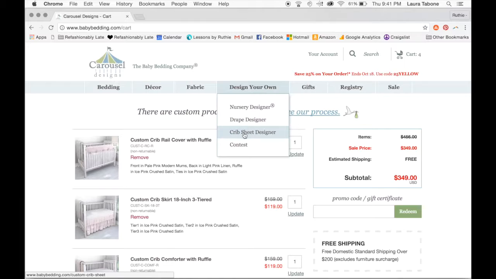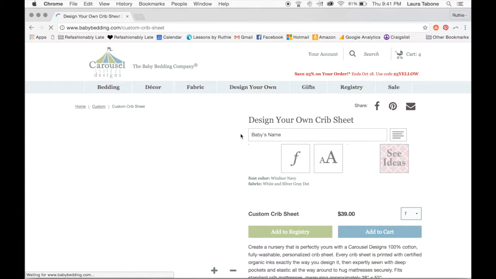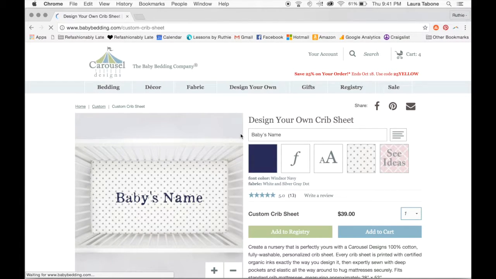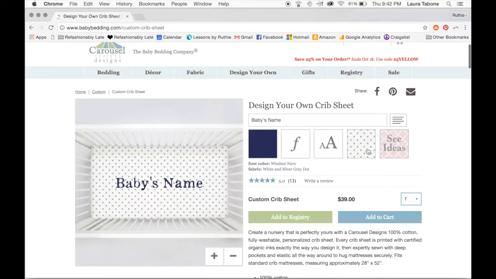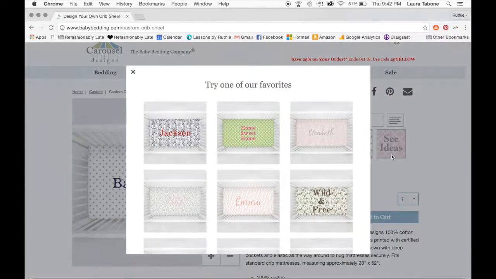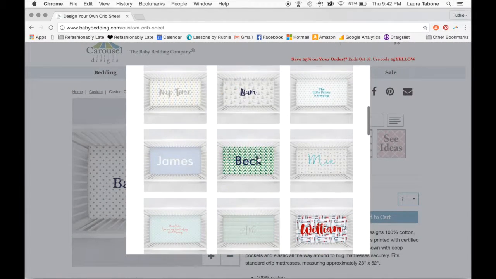And I'll show you one more quick thing. So go to the Design Your Own Crib Sheet Designer. This is newer, and I think it's so much fun. But what I did, so you can see ideas of how people did it. You can do a name, you can do a